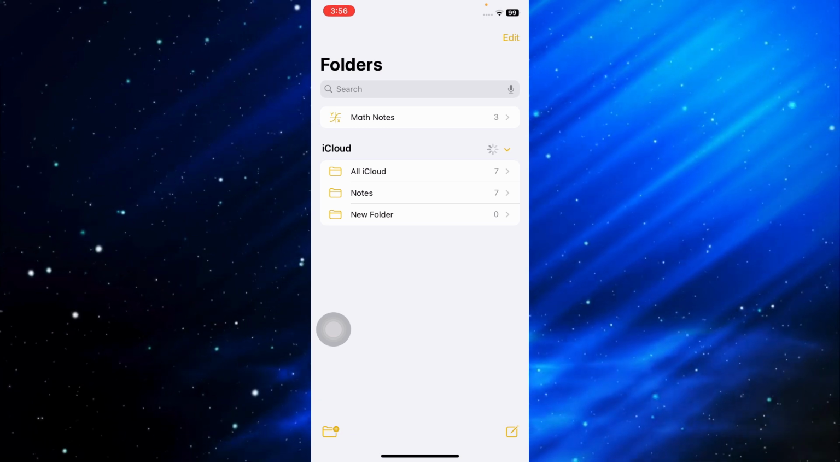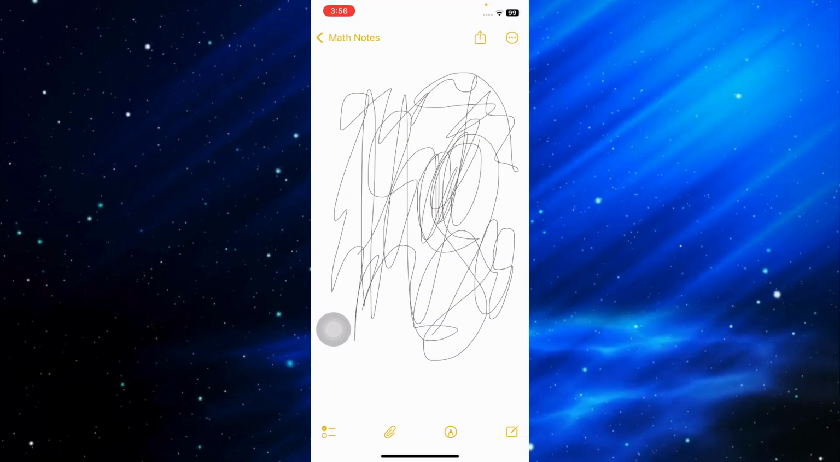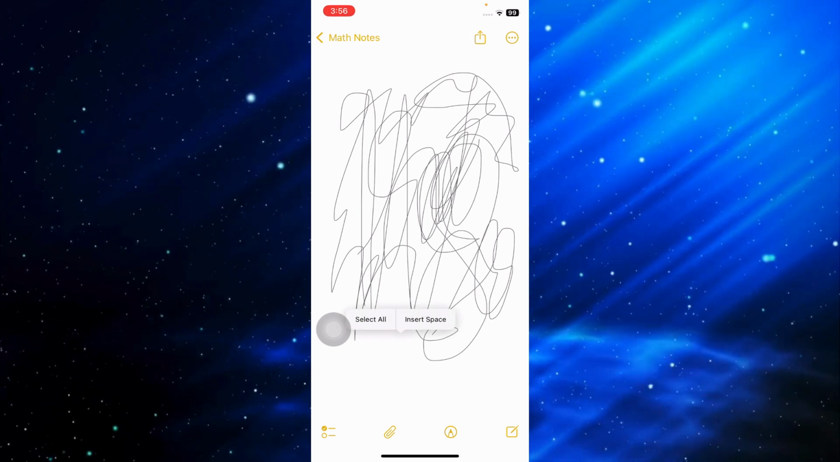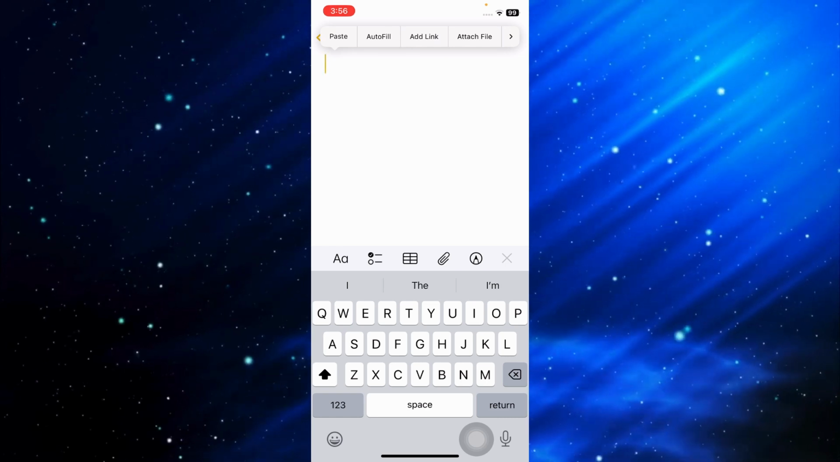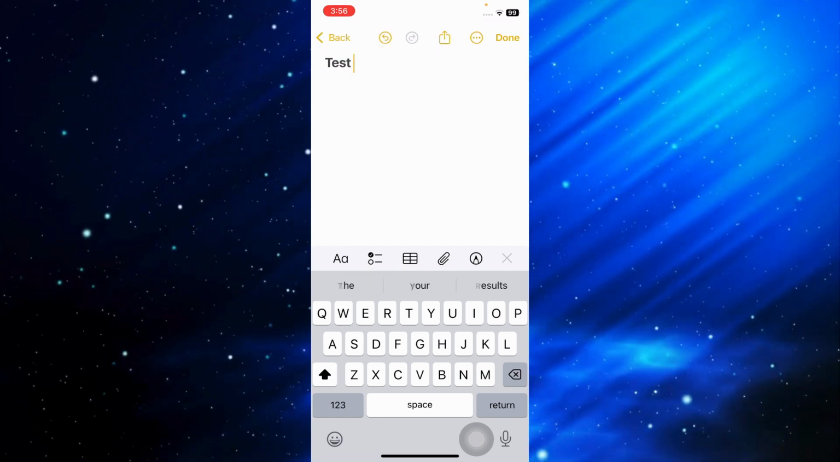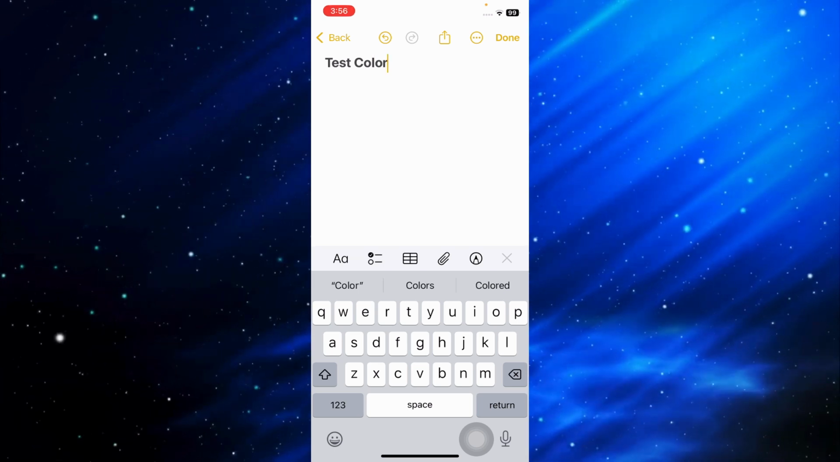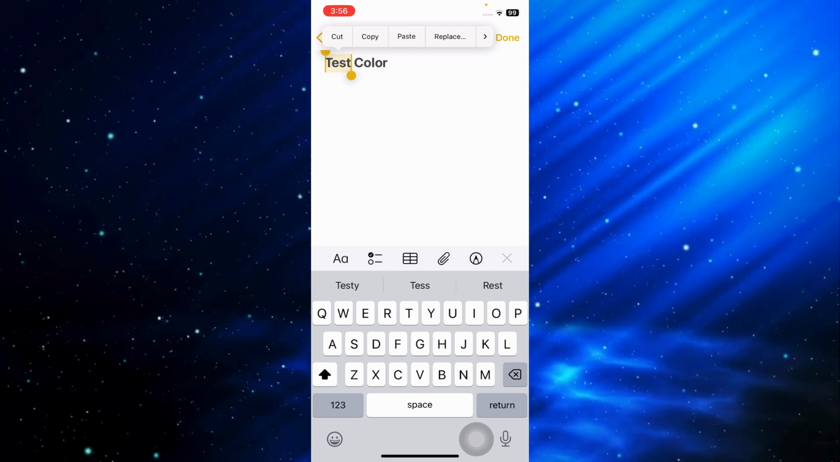Inside Notes, you can just go ahead and create your own notes right here. In my case, I'll just go ahead and click on this one. And once inside, you can just go ahead and start typing right away. In my case, I'll go ahead and type this one. And if you want to change the colors for this text, you can just go ahead and highlight a specific